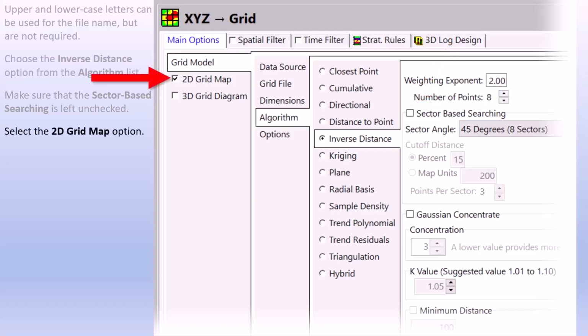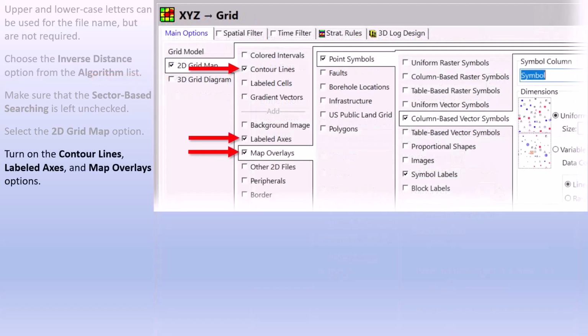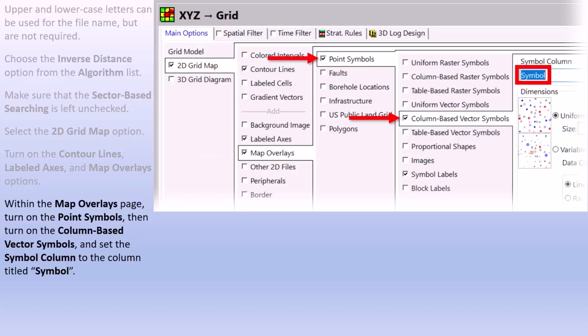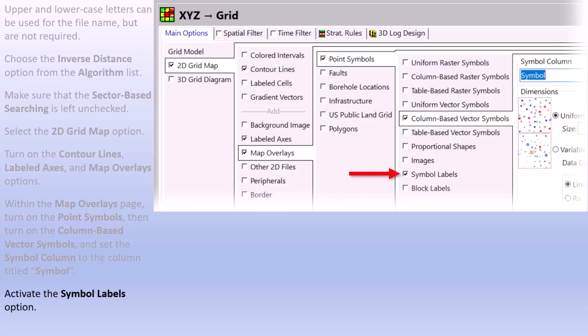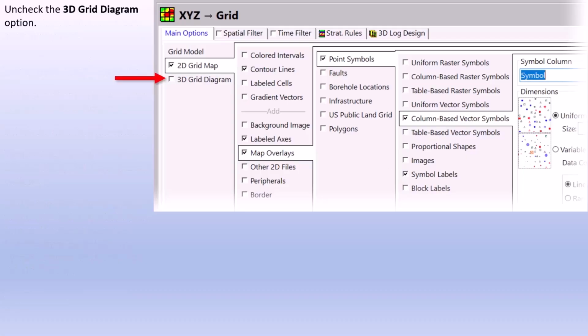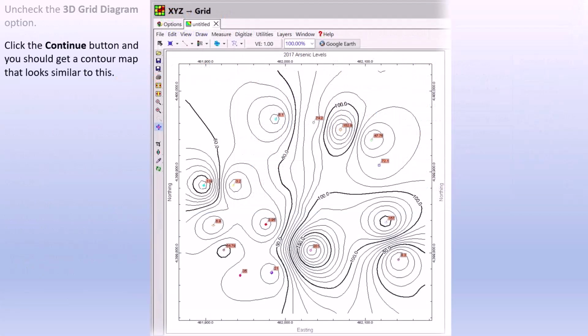Select the 2D grid map option. Turn on the contour lines, labeled axes, and map overlays options. Within the map overlays page, turn on the point symbols, then turn on the column-based vector symbols, and set the symbol column to the column titled Symbol. Activate the Symbol Labels option. Uncheck the 3D grid diagram option, click the Continue button, and you should get a contour map that looks similar